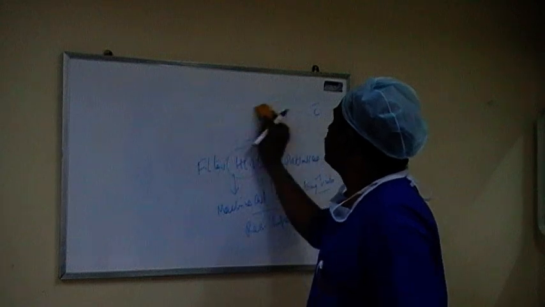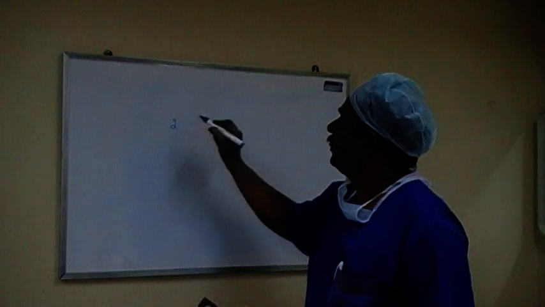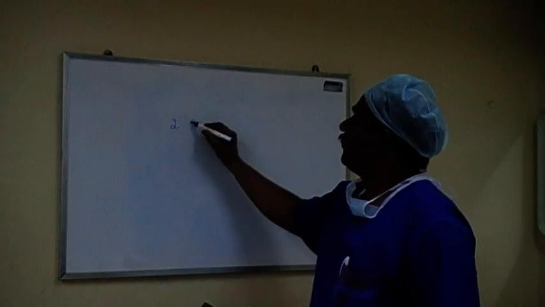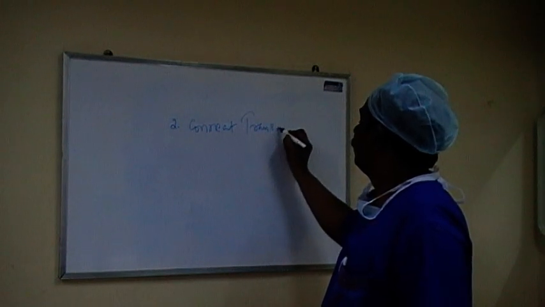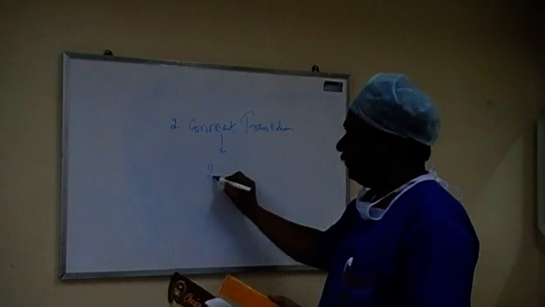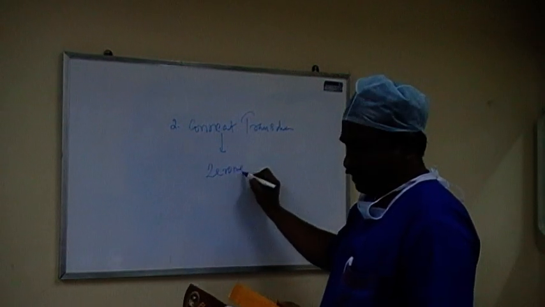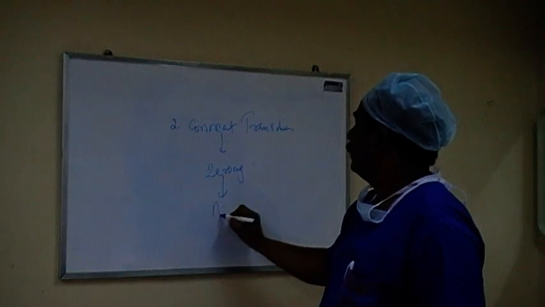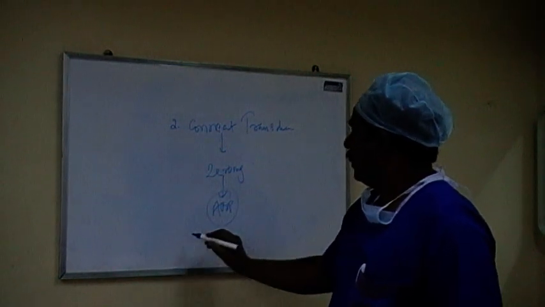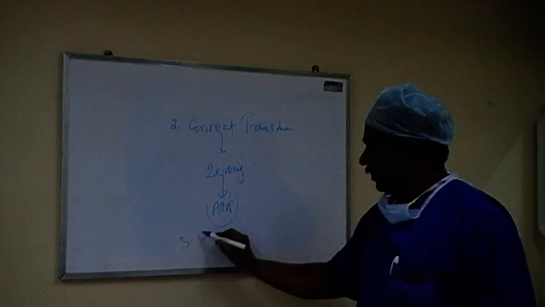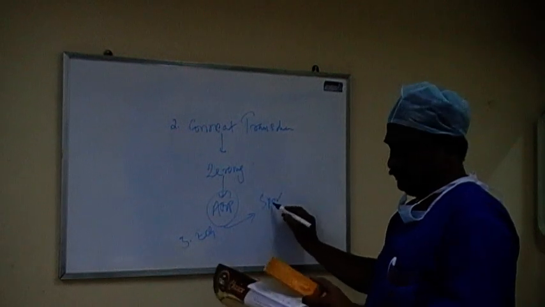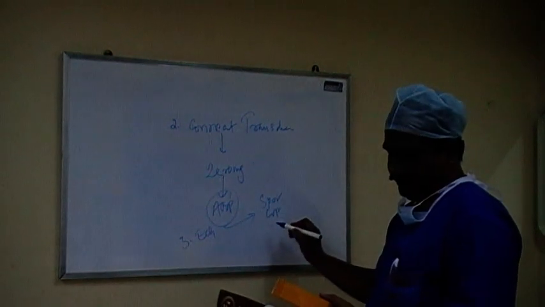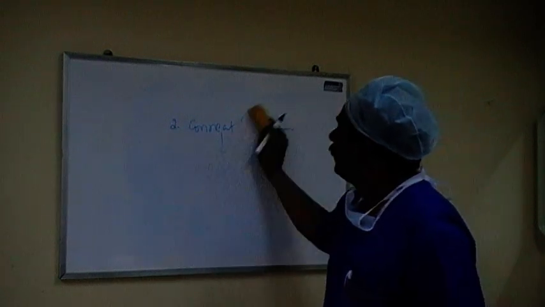Next step is, after connecting to the ventilator, connect the transducer. Zeroing should be done and note the ABP. Third thing, connect the ECG, later on the SpO2 probe, connect the CVP. After those things,